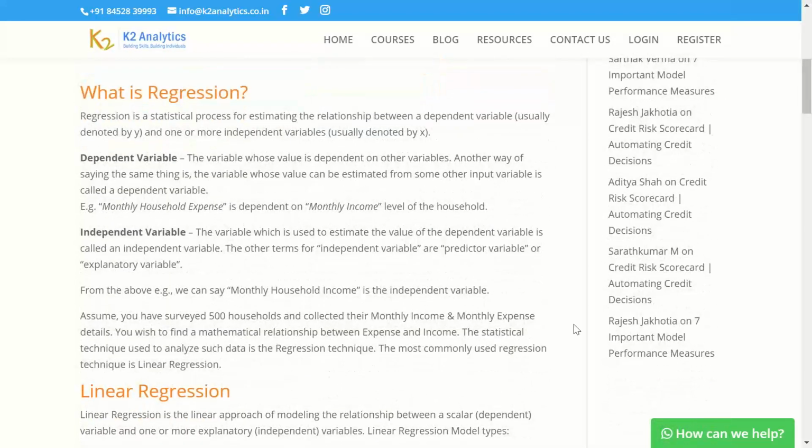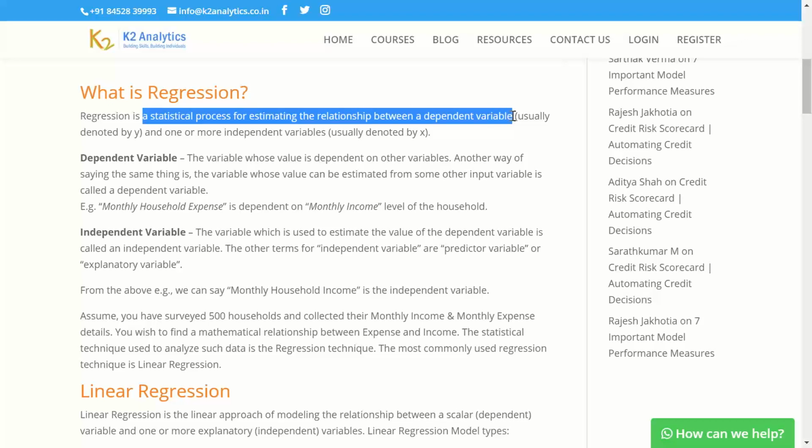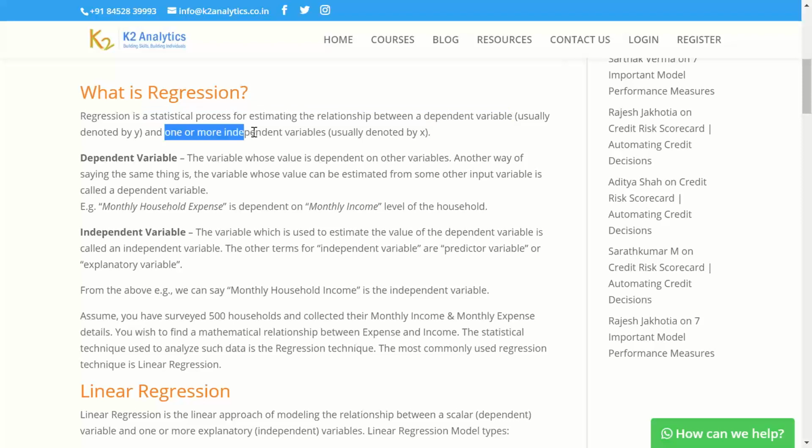What is regression? A statistical process for estimating the relation between a dependent variable and one or more independent variables. Dependent variable is typically denoted by y.